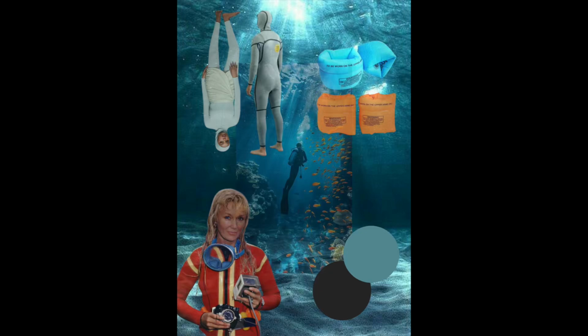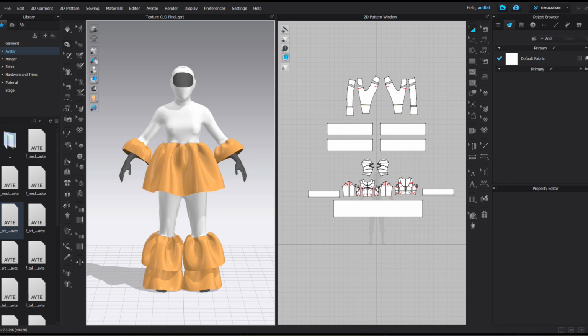I started by creating an outfit based on the mood board I made in class. I started off with a different idea at first but couldn't really design based on that mood board. So after using Substance Painter for the first time, I started from scratch again and decided on this underwater/scuba